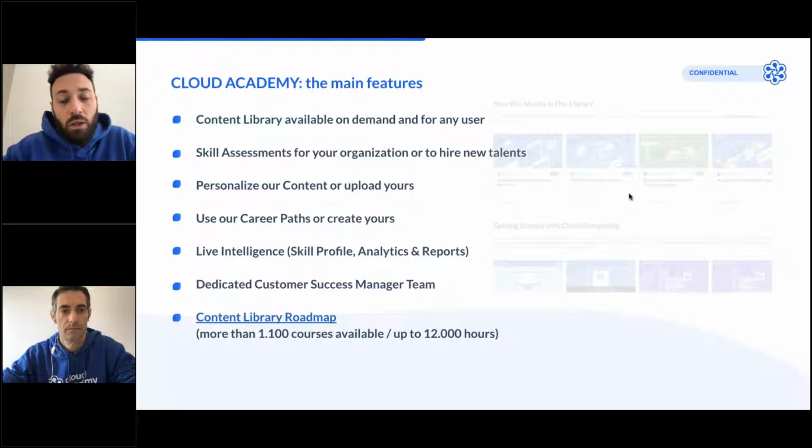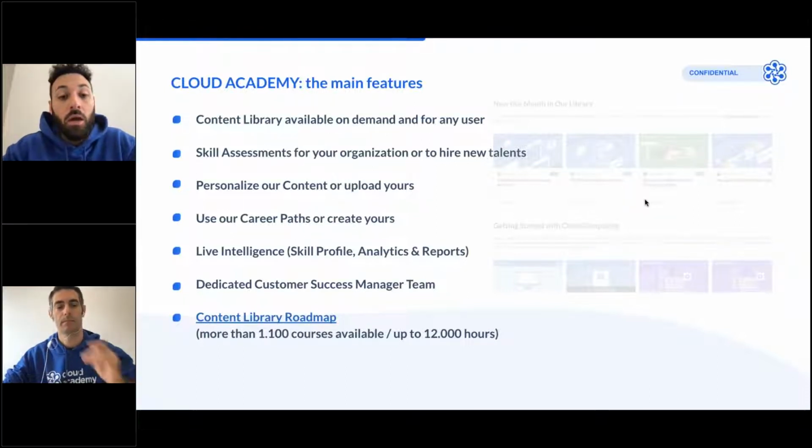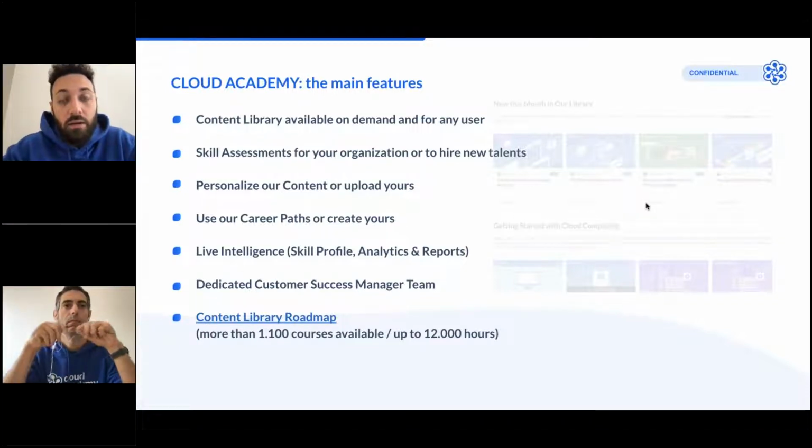The main feature that we usually speak about when we start speaking about Cloud Academy is the skill assessment, which can give you the opportunity to take a look at your skill mapping, a very granular skill mapping, in order to be sure what can be the best training for your company. You can personalize and customize our content. You can upload your own content, also using SCORM files. As Max was saying before, we are now covering the three major areas that are cloud, software, and data, but it's up to you to increase the amount of content depending on your needs.